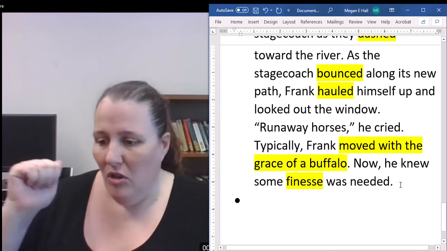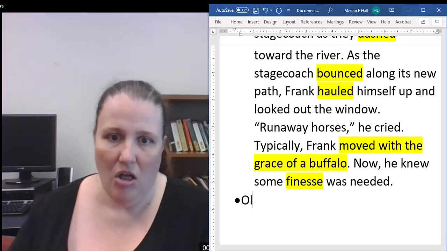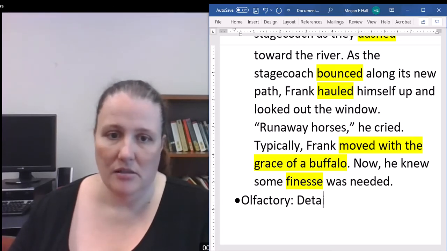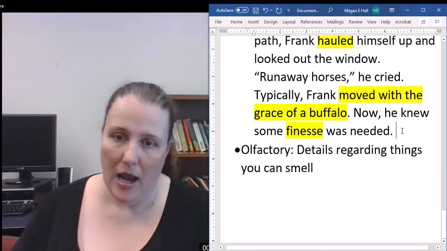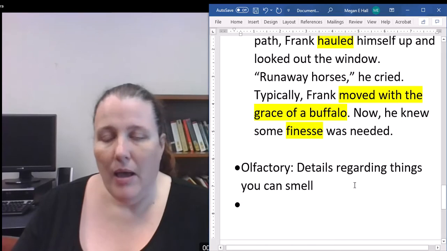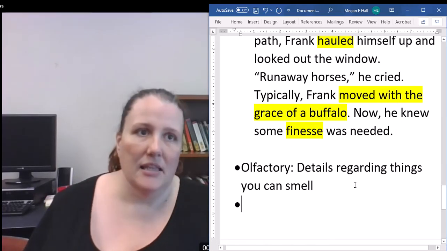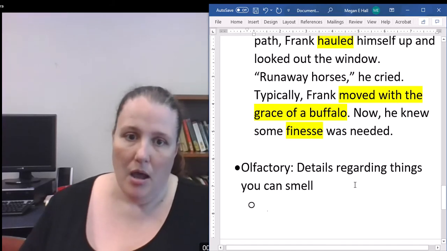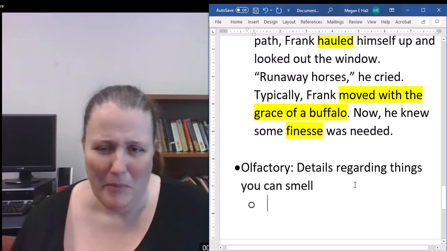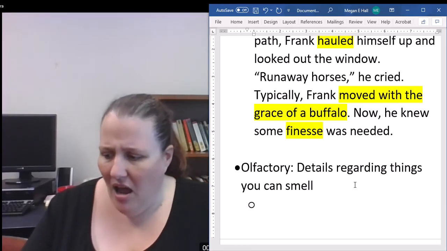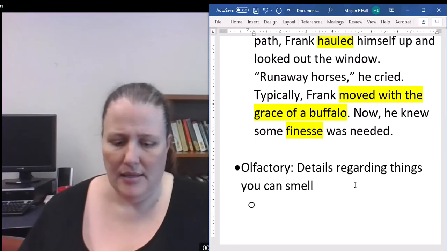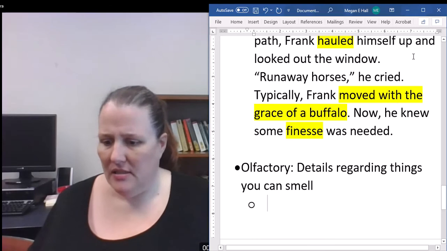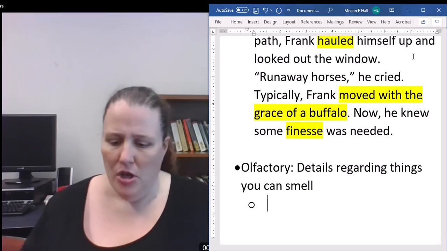So, visual, auditory, kinesthetic, and olfactory. Olfactory, if I can spell it correctly, has to do with details regarding things you can smell. We do not see this in literature as much as the other types because smell, I think, is really intimately connected with memory, and I think it's also difficult to describe. It's also kind of connected to taste, which is going to come up next. But yeah, this sensory detail I don't see as much in literature, but let's do a quick example. Let's say that someone's cooked a meal, but instead of describing how it tastes, we're going to describe how it smells. So,